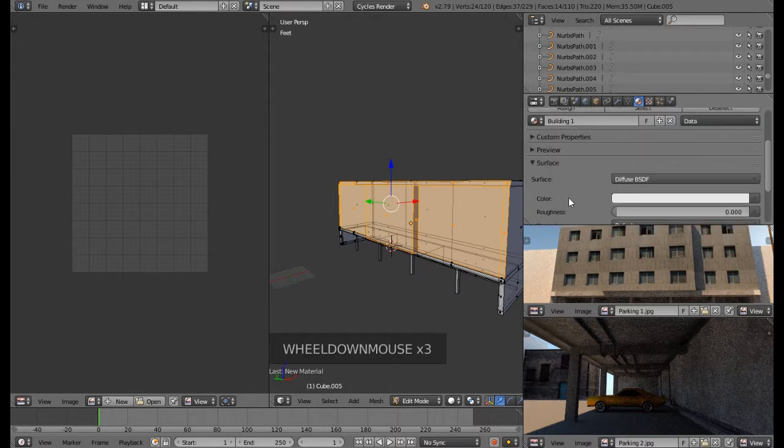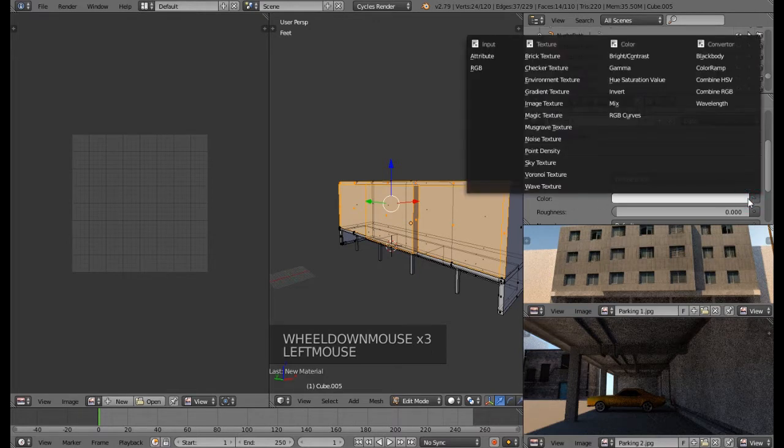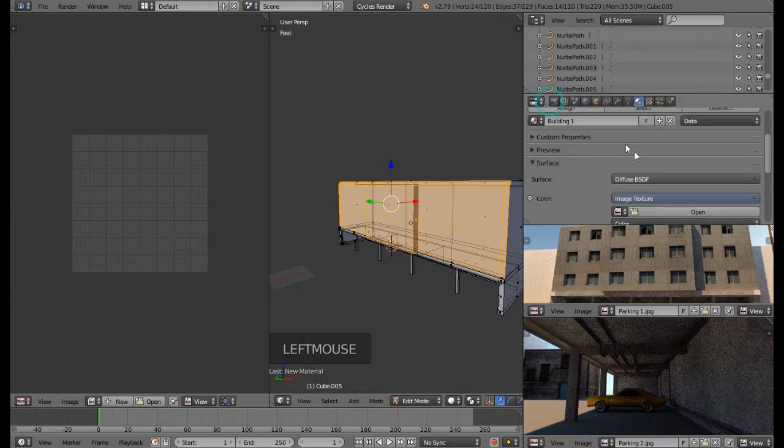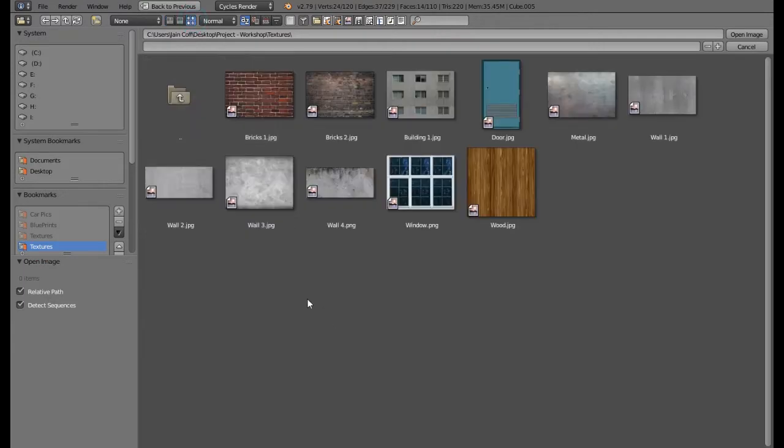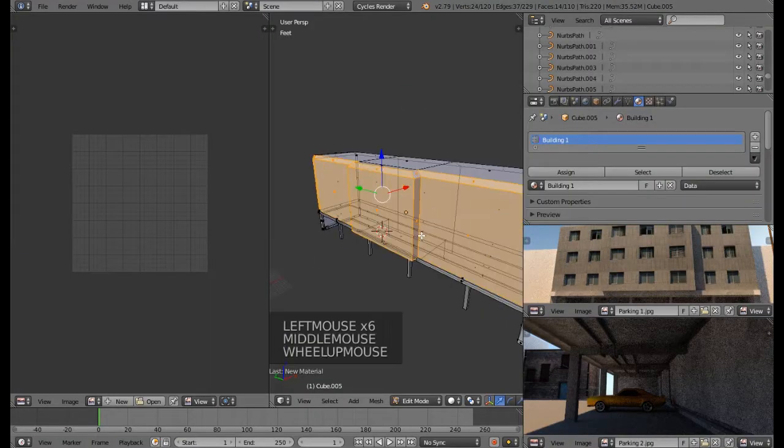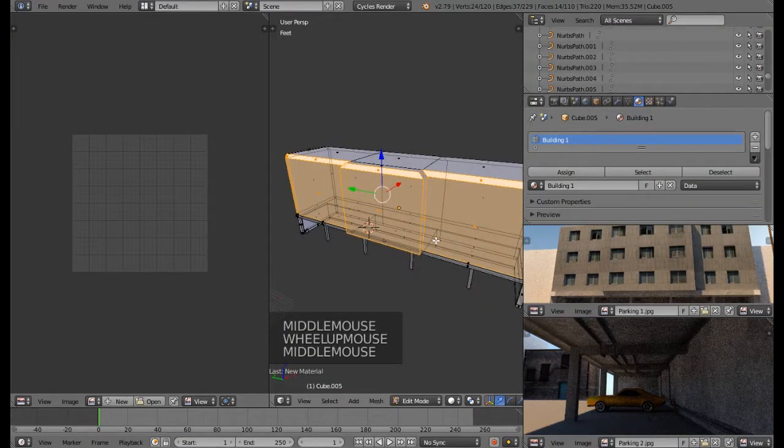and let's scroll down and I'm gonna change this to image texture, and we will be using these textures. You will find these textures in the description. I'm gonna put a link so that you can download them. So for the building, I'm gonna use this texture over here. Double click, and